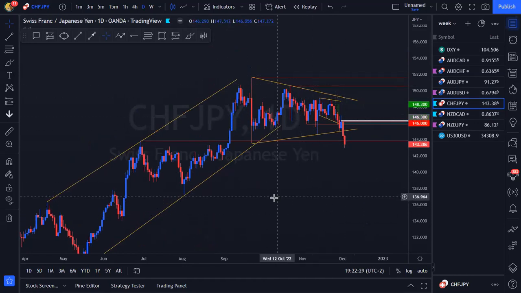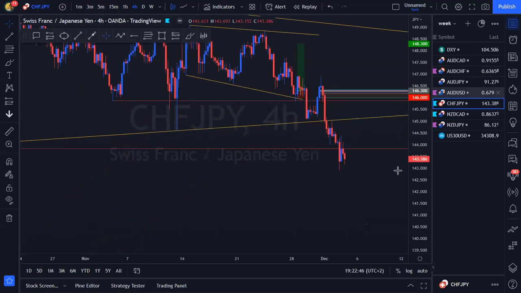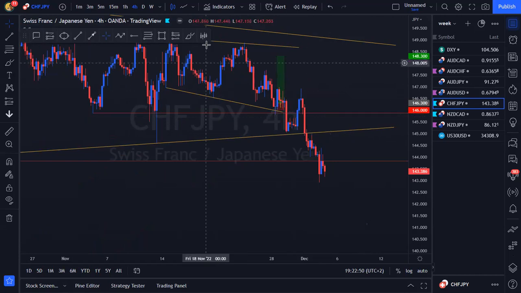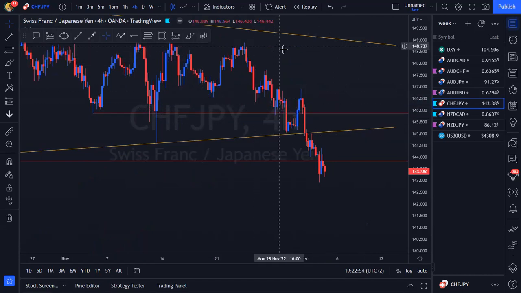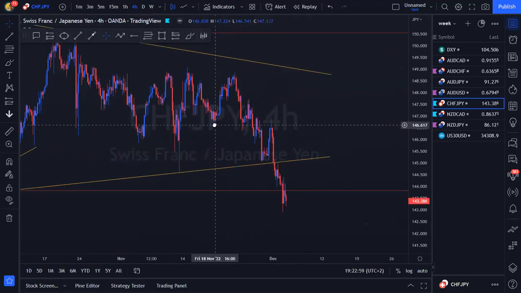So otherwise, looking at this chop that we had over here that we've been expecting maybe to get out of, someone can say we finally created a new lower low and we broke to the downside. In terms of what I'm going to do on Swiss yen, I think the only thing I'm going to do is just try and look to continue to sell. So let's just delete all of this. All I see here is delete all of this nonsense that's not relevant to me anymore. I'm just going to try and look to continue to sell with the sellers since we've been wanting to sell.